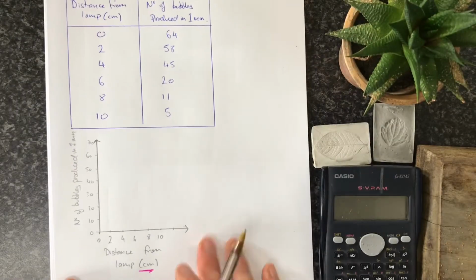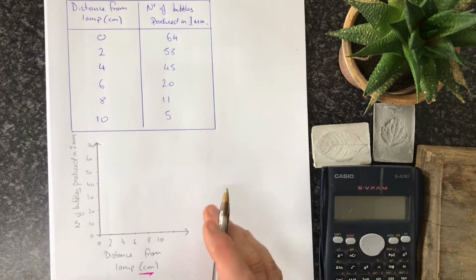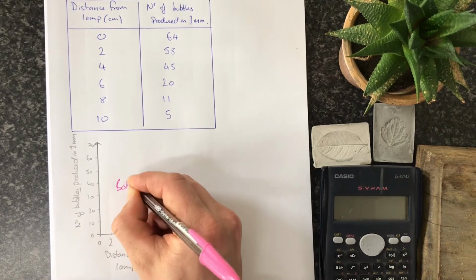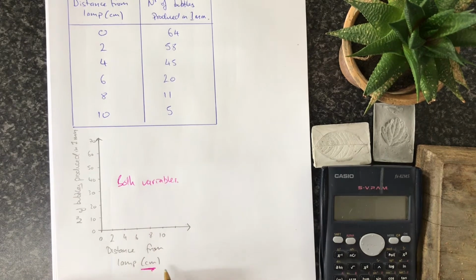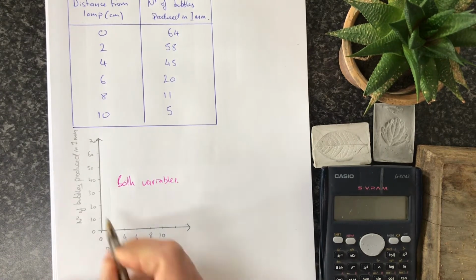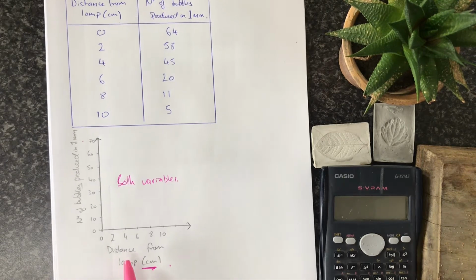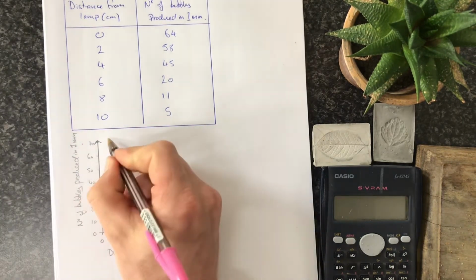Now, once we've got our axes, we need to give our graph a title. And the title needs to include both variables. So you must include what's on the x-axis and what is on the y-axis. So in this case, I've got distance from the lamp and number of bubbles produced. So I'm going to start off by saying